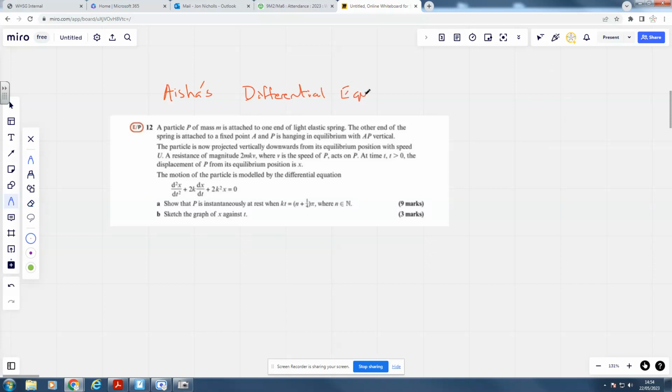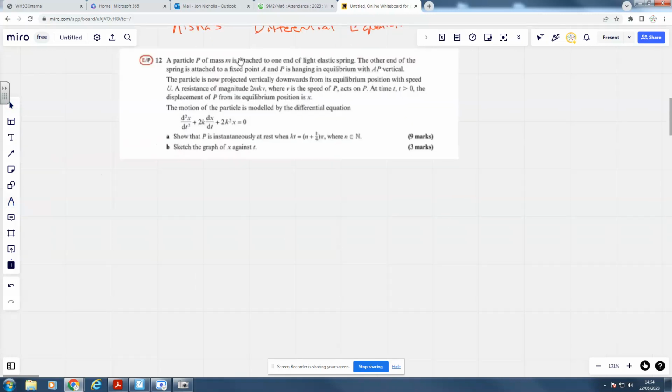And let's work through it. So what have we got here? We've got essentially a load of blurb, but then they just give you this differential equation, which they say you can use, and they want you to show that P is instantaneously at rest at that point. So let's just solve our differential equation in the normal way,